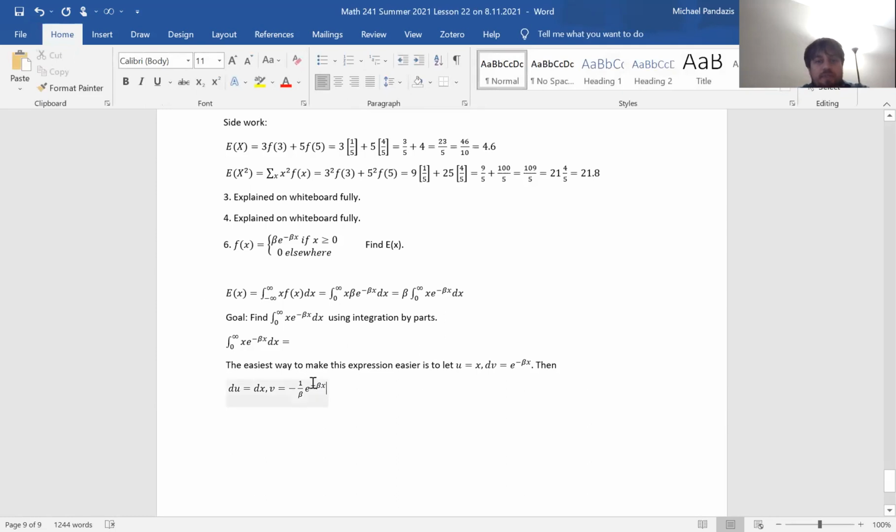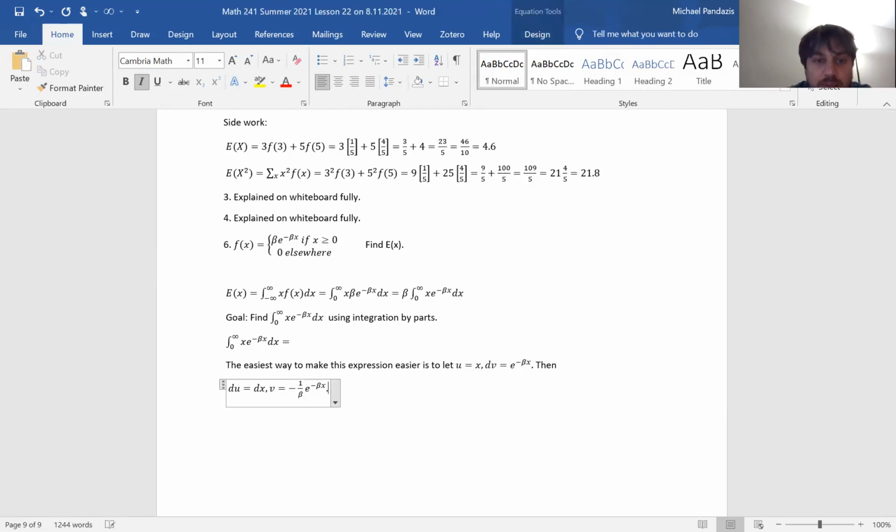If you take the derivative of this, you get e to the negative beta x times the derivative of the exponent, which is negative beta. So negative beta times negative 1 over beta is 1. And you get e to the negative beta x. So an antiderivative of e to the negative beta x is negative 1 over beta e to the negative beta x. Okay, and so that means that by integration by parts,